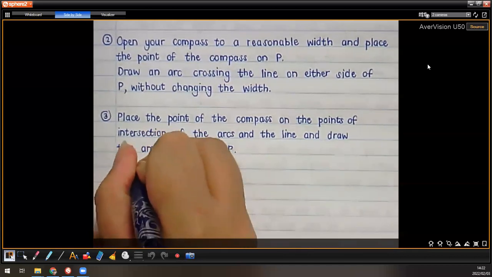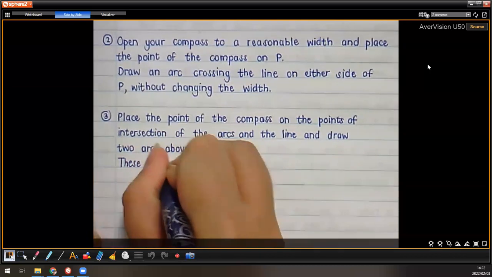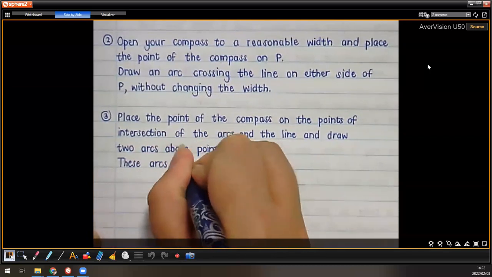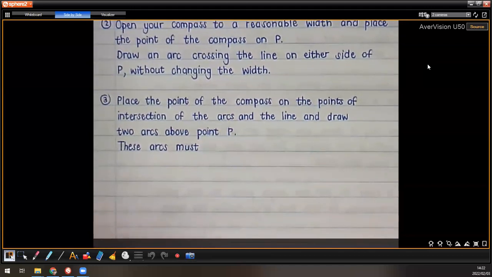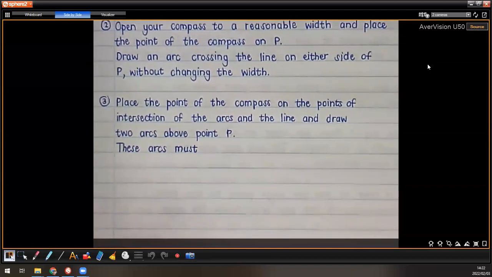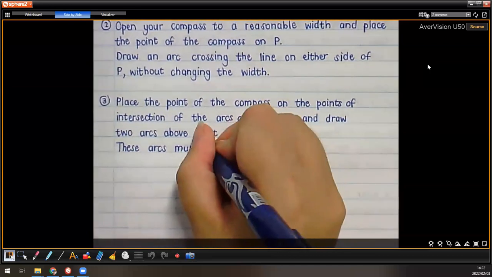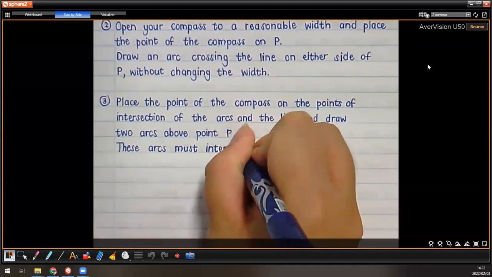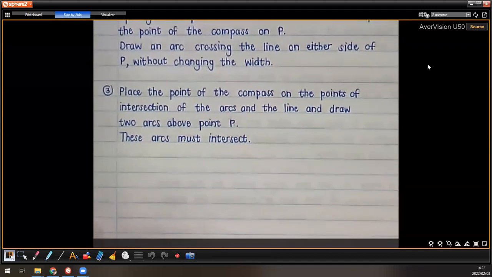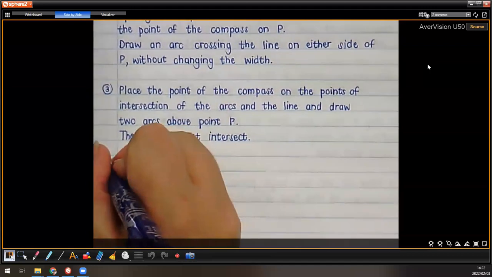Just adding a little note, these arcs must, and I'm going to use the proper terminology now, if two arcs cross, we say that they intersect. Good. These arcs must intersect. Okay, so that was the third step. And then the last step,